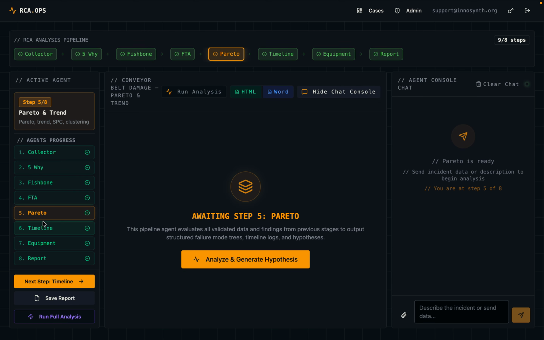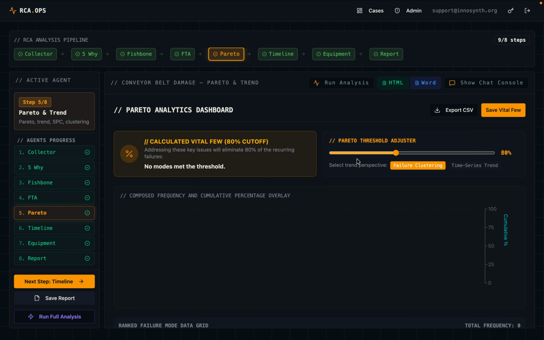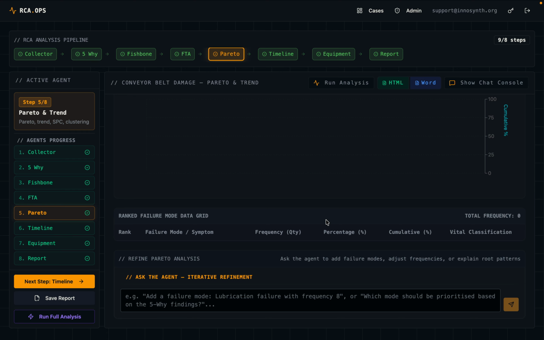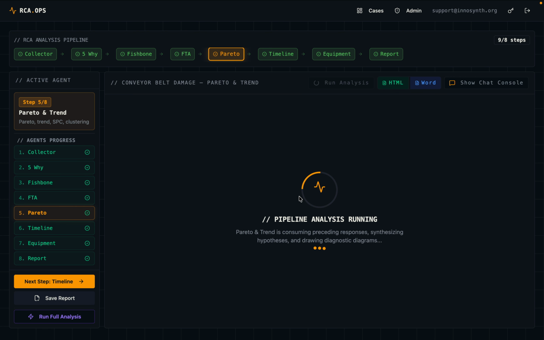So going ahead to the Pareto analysis. Inside the Pareto analysis, each step is not required, so just skip the Pareto analysis directly. If you want to perform the Pareto analysis, you can just click the run analysis button here. Once you click here, it will take a minute or two to complete the full Pareto analysis